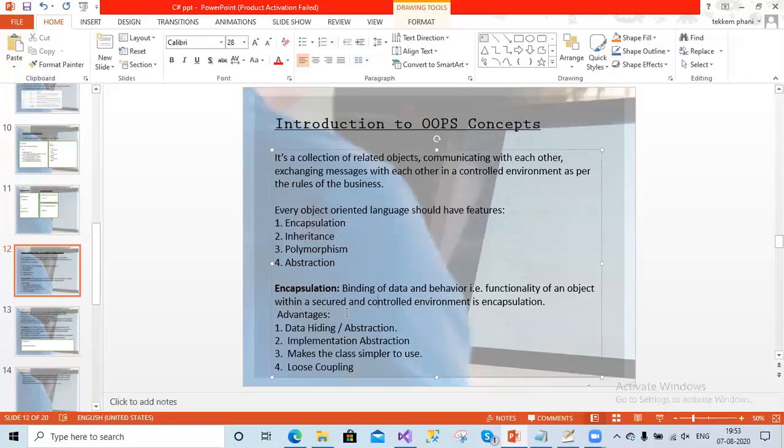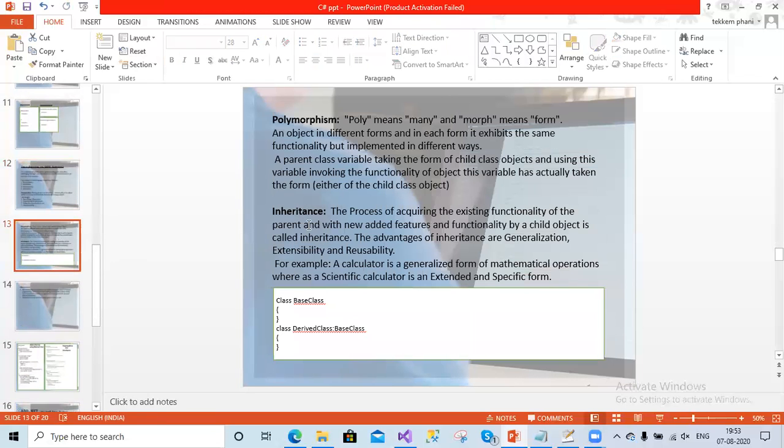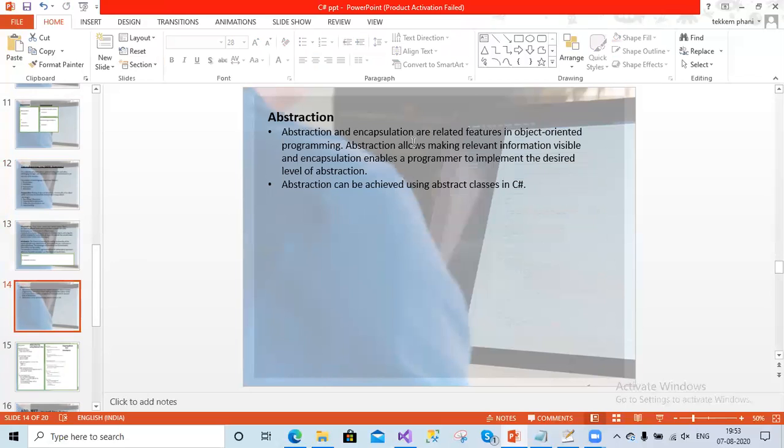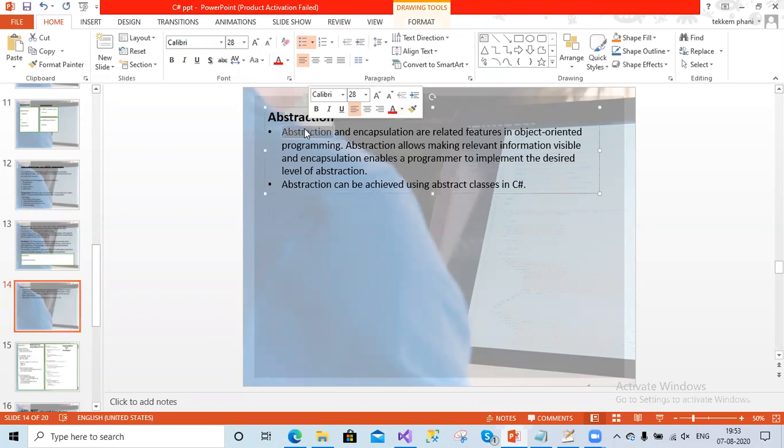These are the advantages of the encapsulation: data hiding or abstraction, implementing the abstraction, making the classes simpler to use, loosely coupling. So if you see this encapsulation, there is a similarity between encapsulation and the abstraction. Abstraction and encapsulation both will be looking similar actually, but